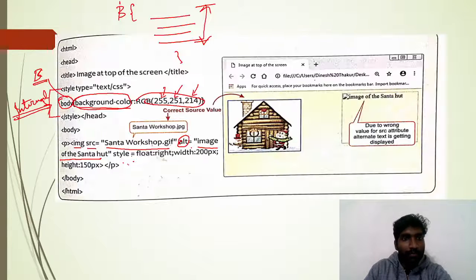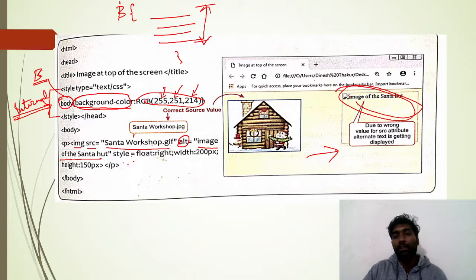Next. Here two images are there, but here only one image tag is there. This is given as an example. If we mention a tag wrong, we will get output like this only. Now next,